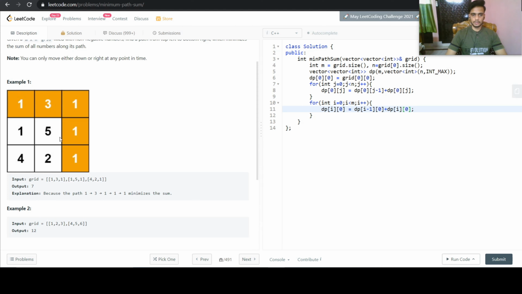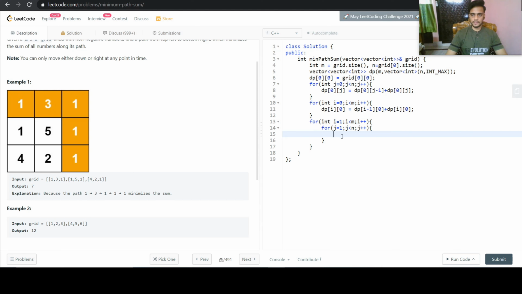Now we need to just loop for the remaining cases. So we will start a loop here for int i equals 1, i less than m, i plus plus, and for j equals 1, j less than the number of columns, j plus plus.